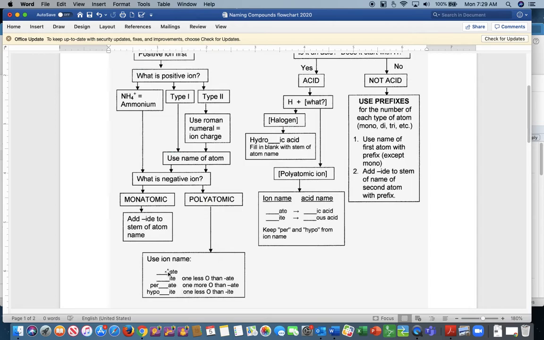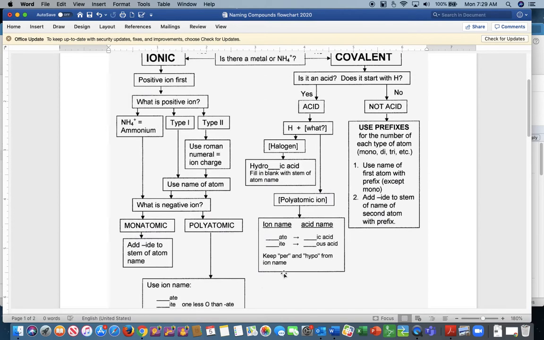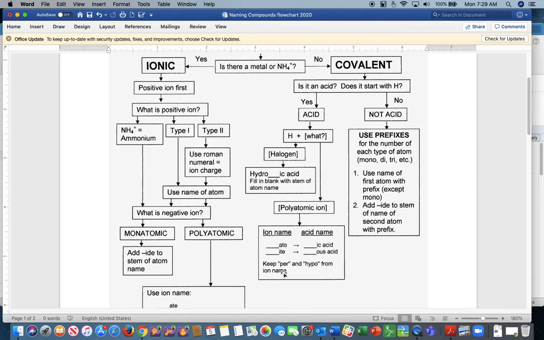And if we have a situation like with the four of them, with the halogens, you just keep the per- and the hypo- with that name. Okay, so this ends most of the naming for you. We will come back to this,